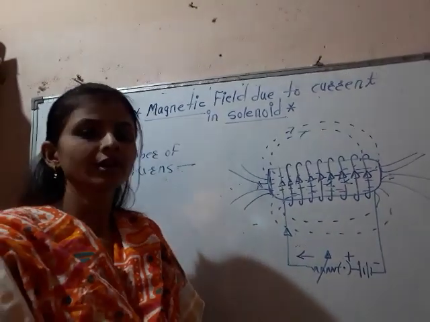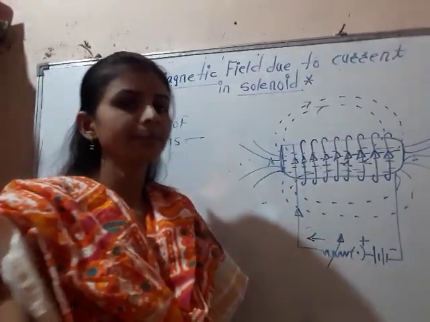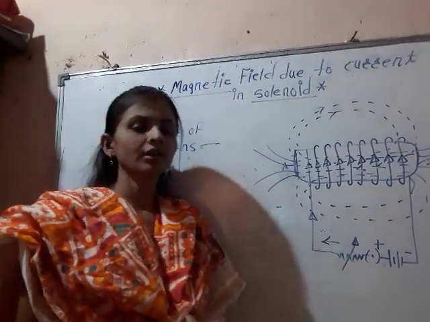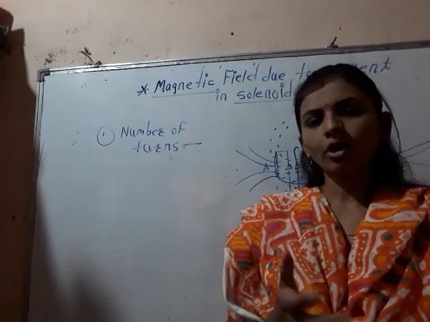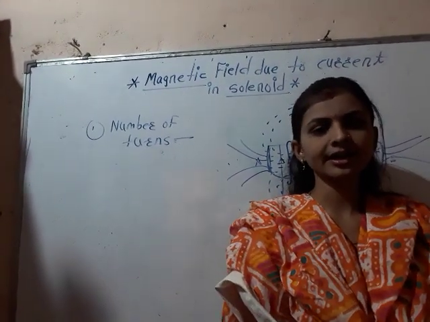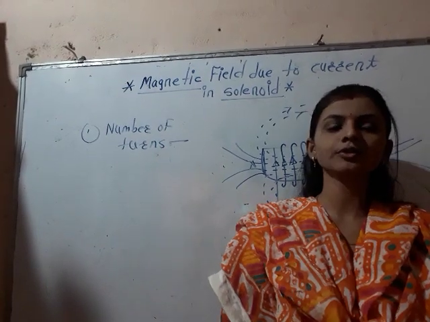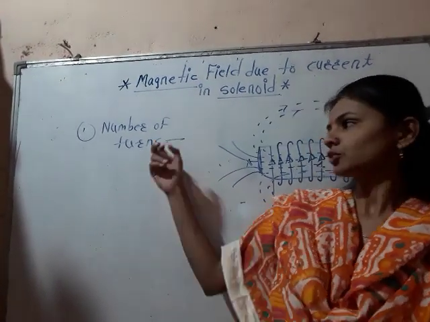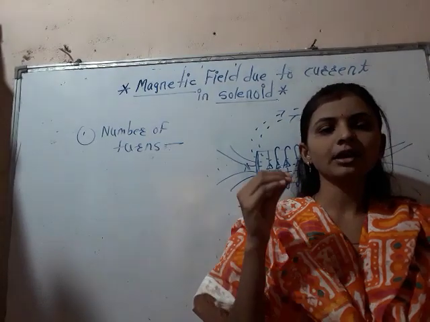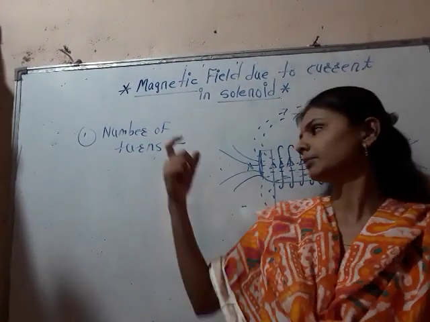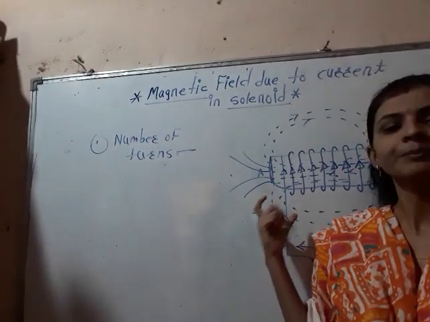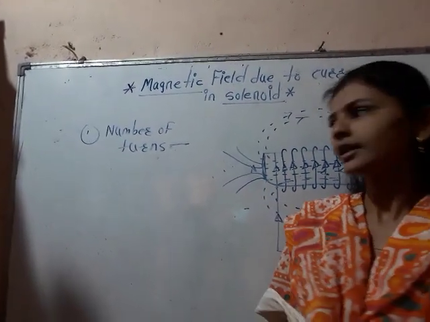It means that the magnetic field depends upon the number of turns, or the magnetic strength depends upon the number of turns. We already discussed this in the straight line conductor and the circular conductor. Here also we are going to discuss the same thing. We can judge the magnetic strength by the number of turns. If the number of turns is more, it means that the magnetic strength is more. Now the second one is